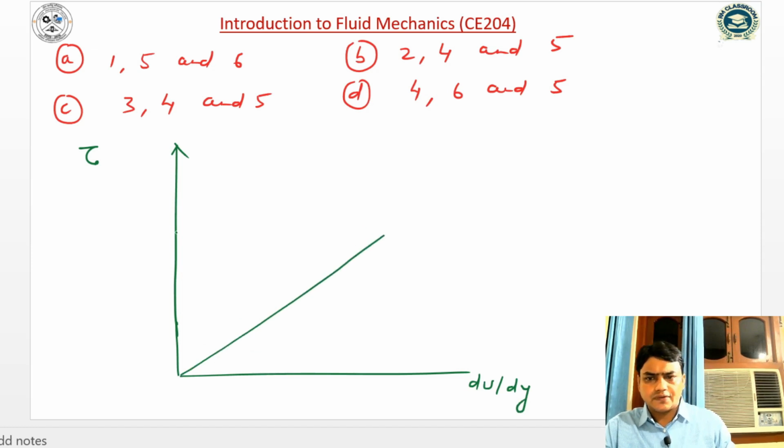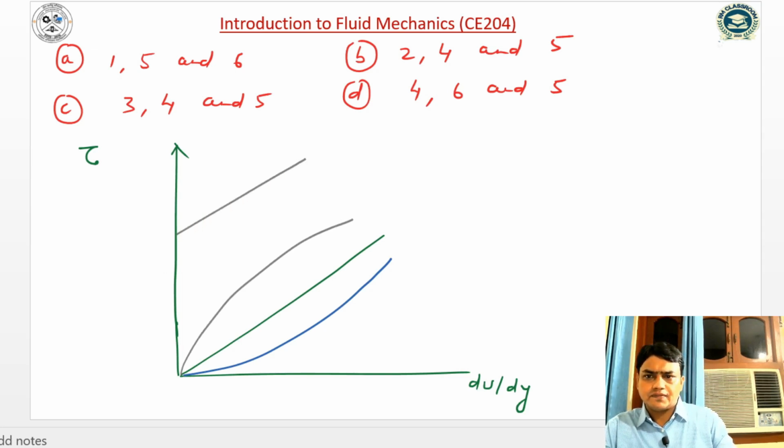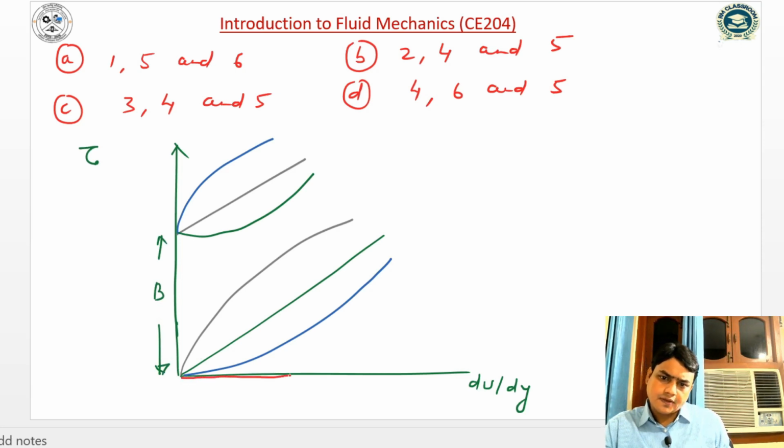This is the Newtonian fluid. This is the dilatant. This one is the pseudoplastic. This is the ideal plastic. This is the thixotropic, and this is the rheopectic. Initial yield stress B is here, and this fluid is the ideal fluid. This is the ideal fluid,